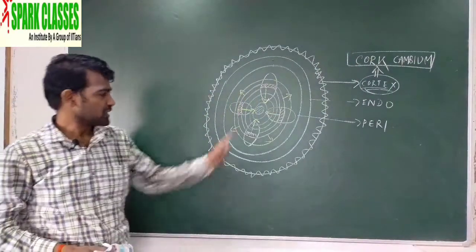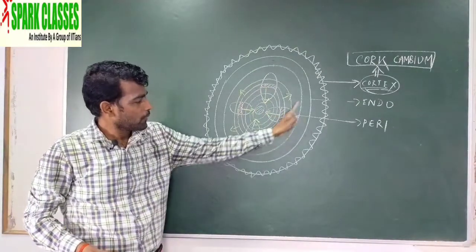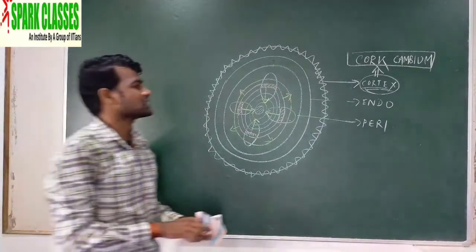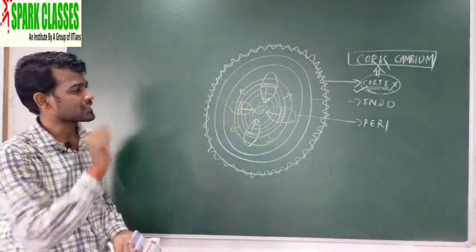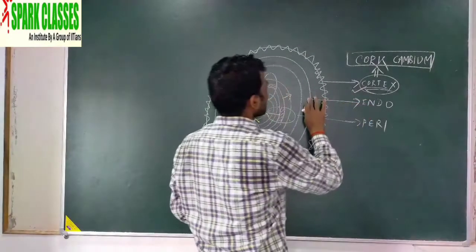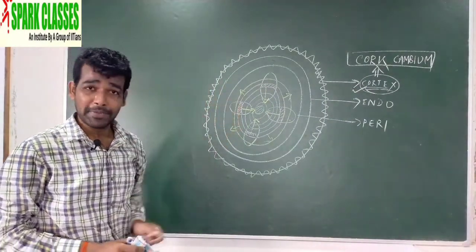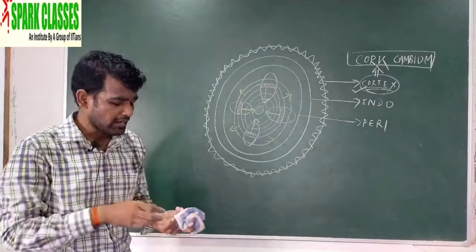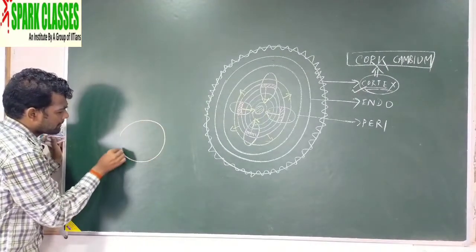Vascular cambium is produced between xylem and phloem, whereas cork cambium is produced in the cortex region. You have to remember, this question is frequently asked. In the options you get epidermis, hypodermis, cortex, endodermis, pericycle, like that. So always the cork cambium is produced in the cortex region, and it has an important property like the cambial ring. Just like I told you about the cambial ring.